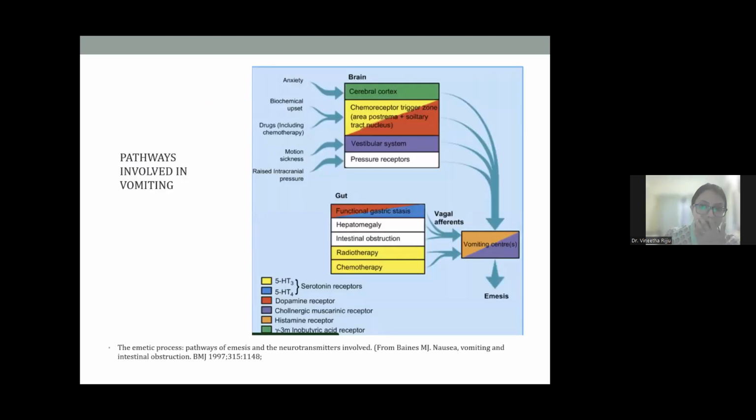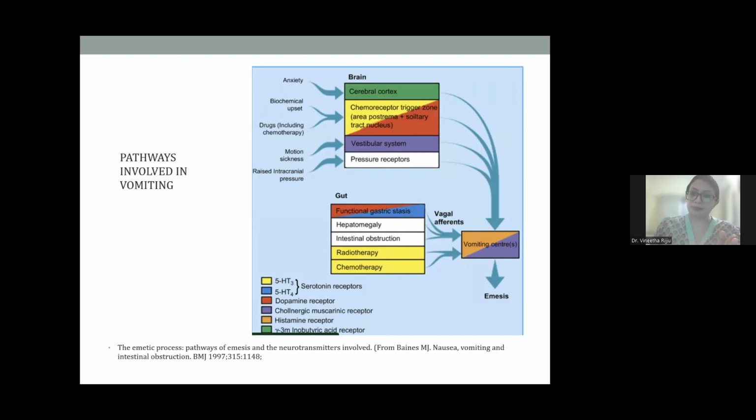So like I said before, once you understand what is the cause of the vomiting, then you identify which is the pathway that is involved. And once you understand which is the pathway that is involved, you understand which is the receptor that is involved. So here in this diagram, many of you might be very familiar with this diagram. You can see what is the cause and which is the pathway. Say, for example, it is anxiety,